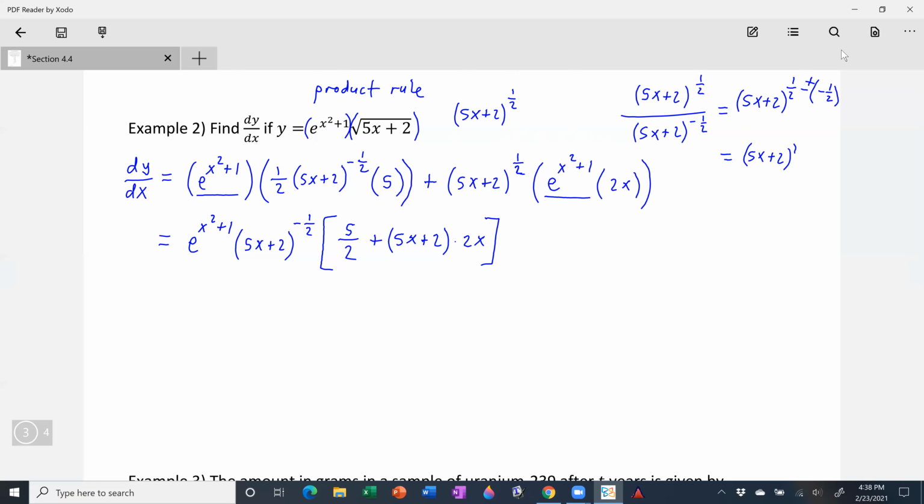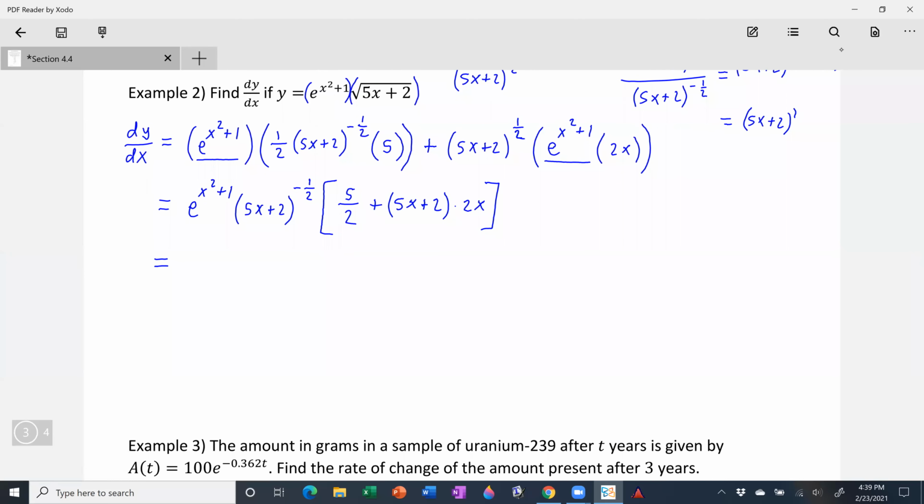Okay, so that cleans up the expression a lot because now we can go through and actually try to combine some like terms on the inside. So let's continue. There's lots of different ways to simplify this. This is one of the options, but there's other options for how to eventually get to the same final answer. Let's just choose the path of least resistance here. I'm thinking this negative exponent part can go on the bottom, and so we can write this as e to the x squared plus 1 times